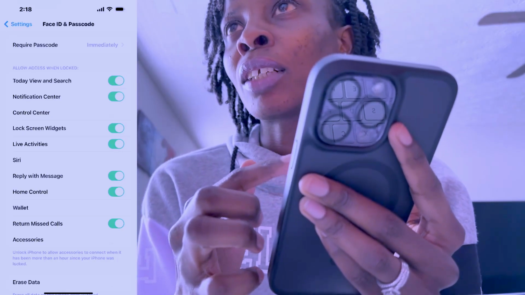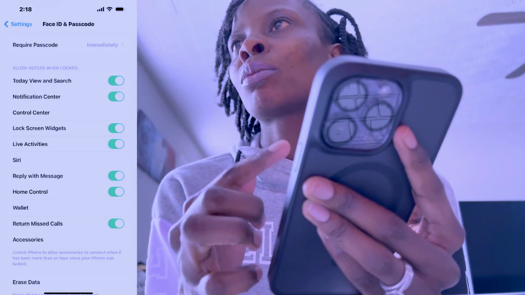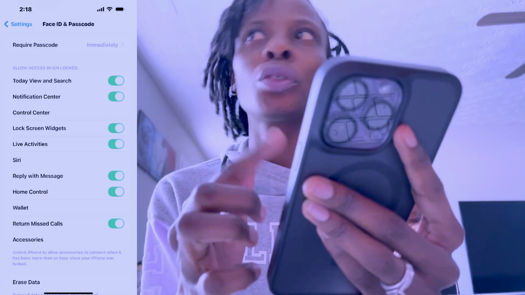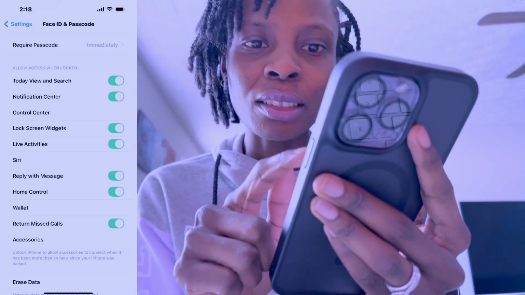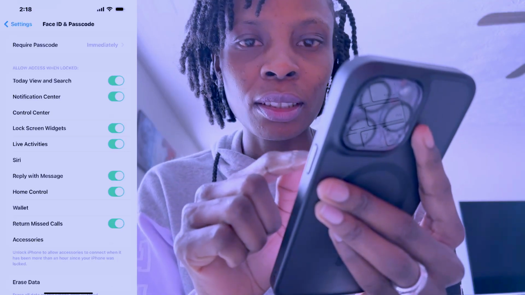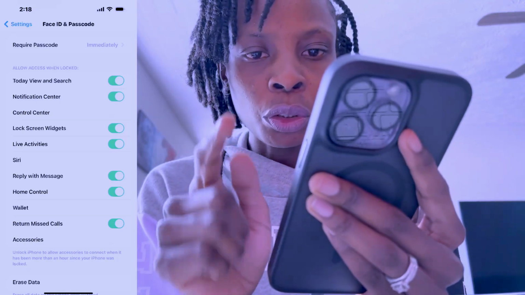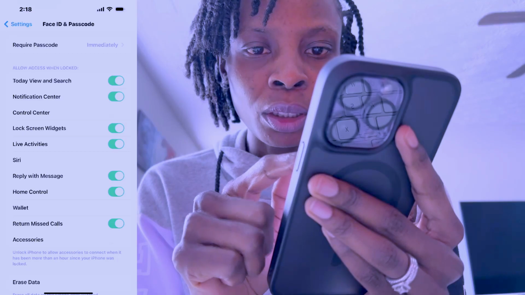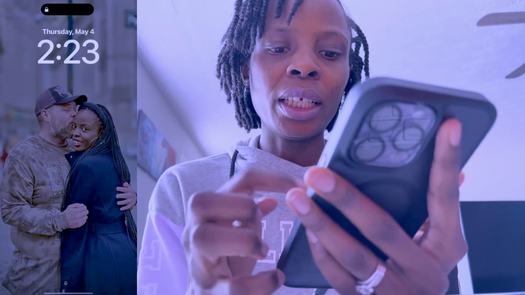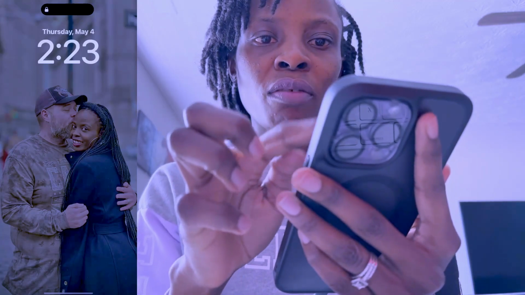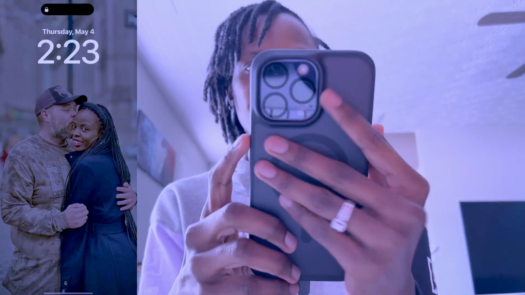And the things that are not green, that means that when my phone is locked, you're not going to be able to access them. And one of that thing is the control center, as you can see it. So let me show you guys the difference. Let me put it on green and then lock my phone, and then once my phone is locked, if I do like this,